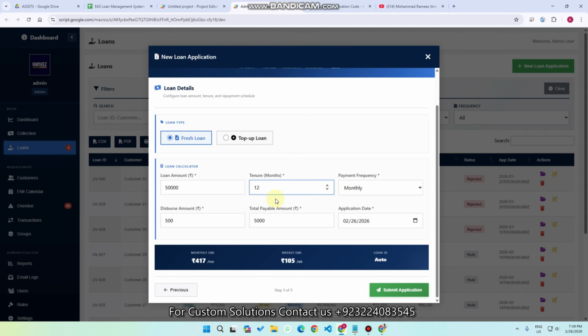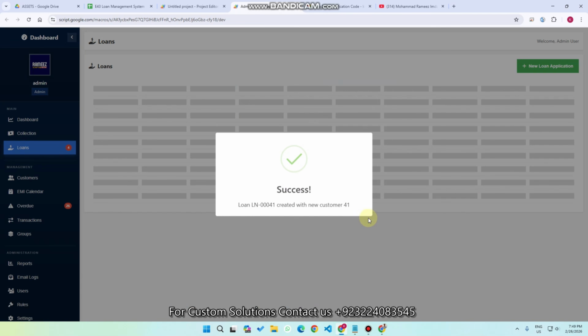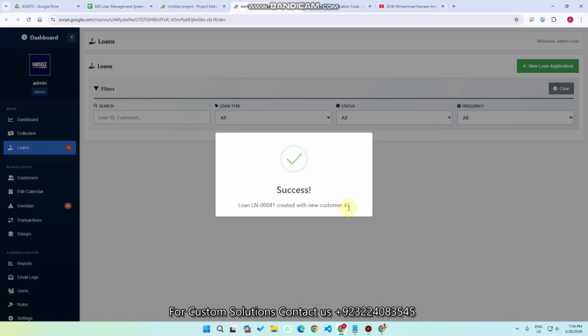Let's take an example, I want to add 12 months. You can see here the monthly EMI is this, the weekly EMI is this, and the loan ID is auto. If I make it weekly, I can also make it weekly, and click on submit application. When I click on submit application, you can see here that new customer 41